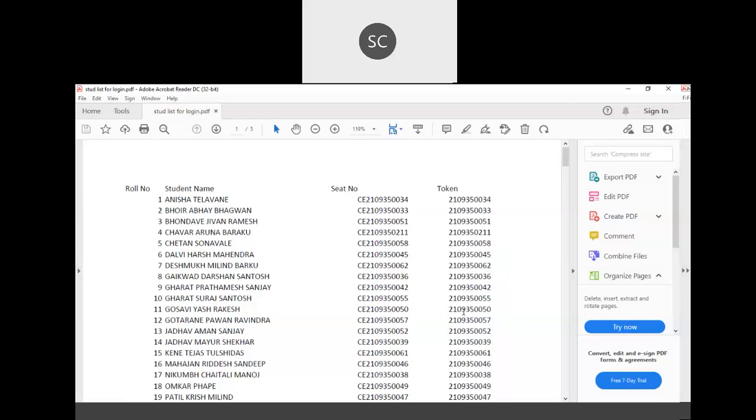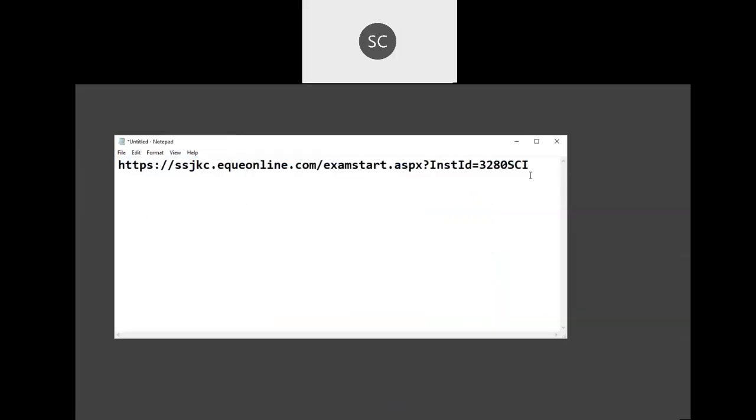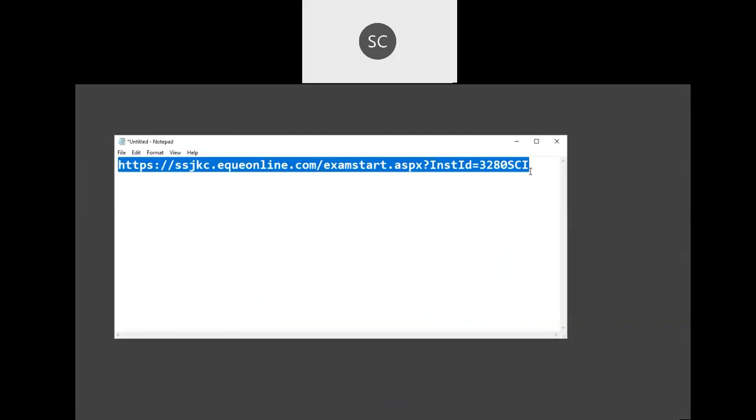Now I'll share the link which can be shared; maybe a similar link or some other link will be shared for the exam tomorrow, half an hour before your exam. So this is a link which could be shared with you, a similar type of link. What you are supposed to do is simply click on the link if you are using a mobile. And if the link is not clickable, you just copy this entire link and go to a web browser. I'll show you what to do.